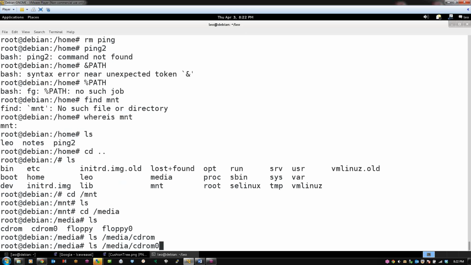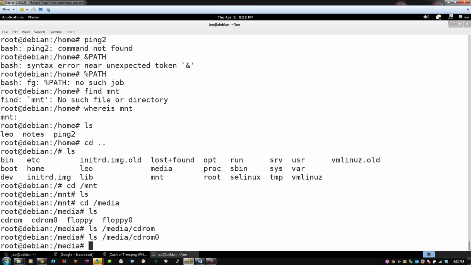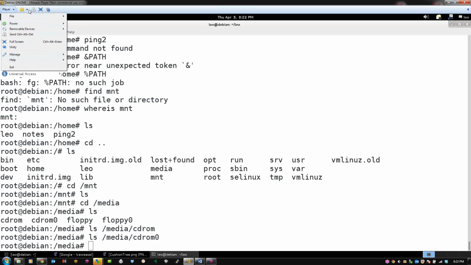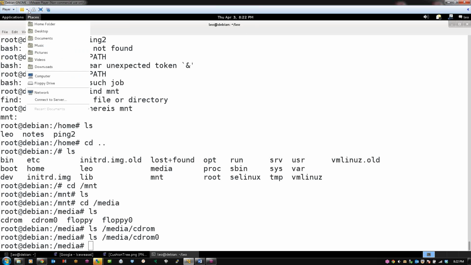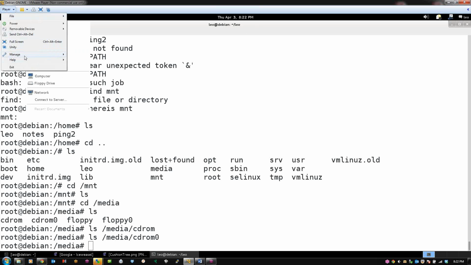Or CD-ROM 0. In this case, how would that play into the virtual world? I actually think I installed this version of the operating system. My question to myself is, if you're using a bootable CD-ROM, for example,